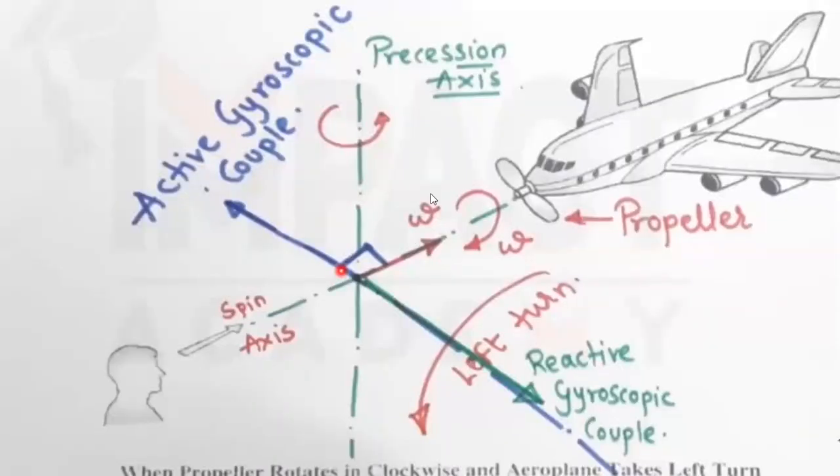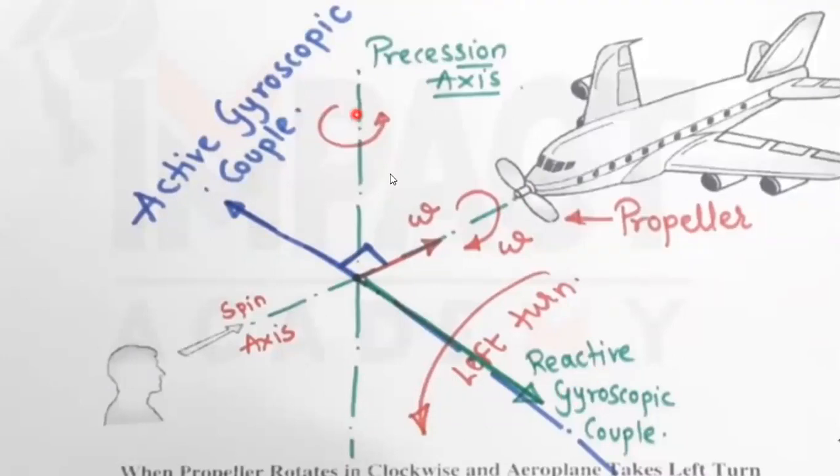So here, now the direction is clockwise and flight is taking a left turn. Since it's a clockwise direction, just view from the viewer point itself. No need to go inside the flight. Just be at the viewer point, and the viewer is viewing the flight from the nose end. The flight is taking a left turn, so put the active gyroscopic couple to the left side of you. You are here, and put the active gyroscopic couple to the left side of you. On the opposite side we will be getting the reactive gyroscopic couple. So these things will be very clear.